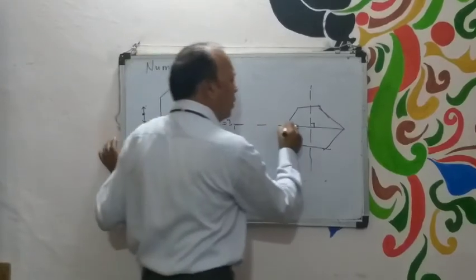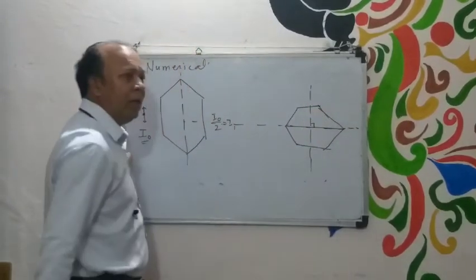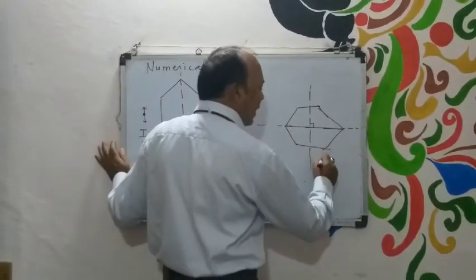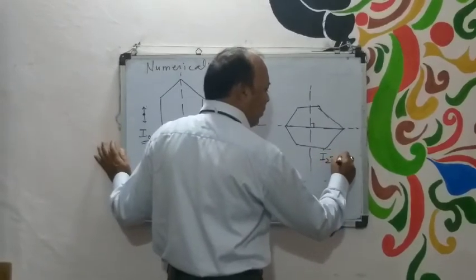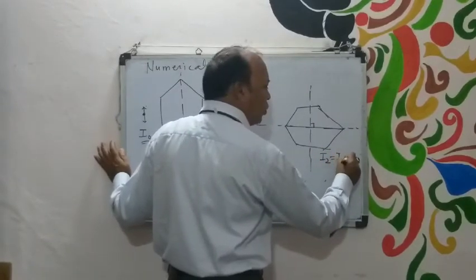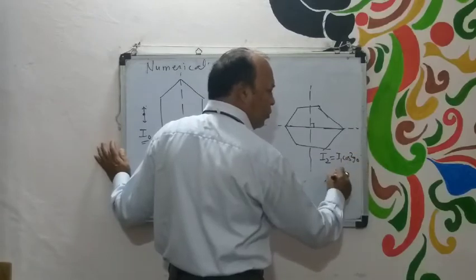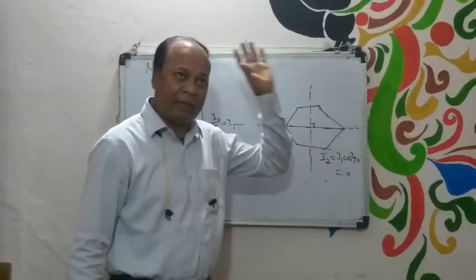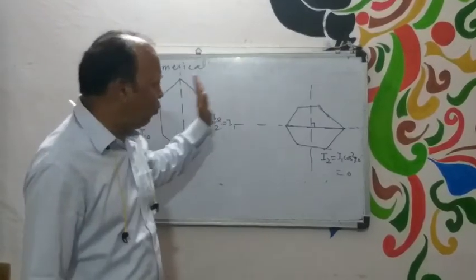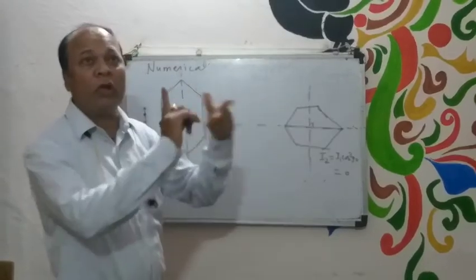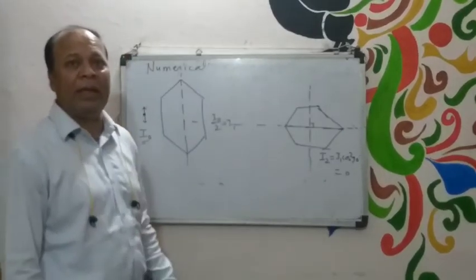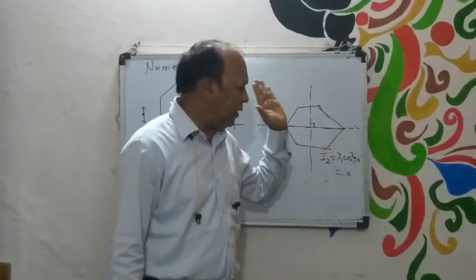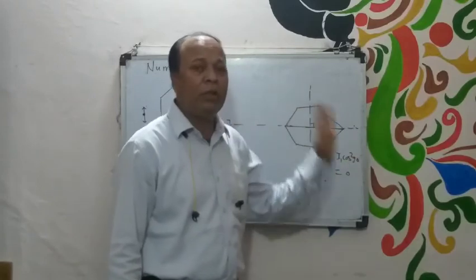Now the angle between plane of polarizer and plane of analyzer is 90 degree. So here the intensity again I2 will be equal to I1 cos square 90. So this should be 0. You will find no optical vector in this direction. Is that clear? So when two tourmaline crystals are crossed to each other, that means the angle between both crystals is 90 degree, the light crossing this crystal will have its intensity become 0.